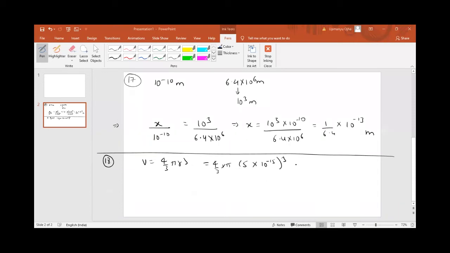That would be 4 by 3 into pi into 5 cube into 10 to the power minus 45. So I think it will be 125 into 4. 125 into 4 will be how much? For 28 and 6 means 600 into 10 to the power minus 45. Okay, so the answer would be